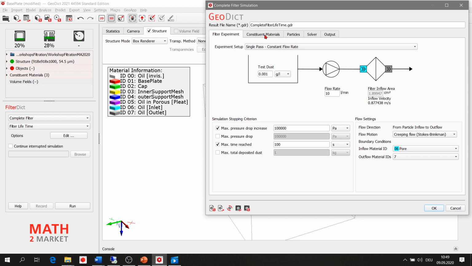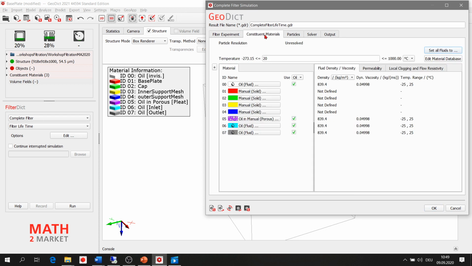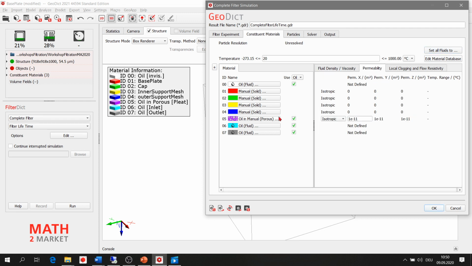The next point is the constituent materials, where you again check the fluid type and also set the temperature. Based on this temperature and the fluid type, the density and viscosity will be adjusted. You can also check the permeability that you already defined here as 1e-11 for the porous part.